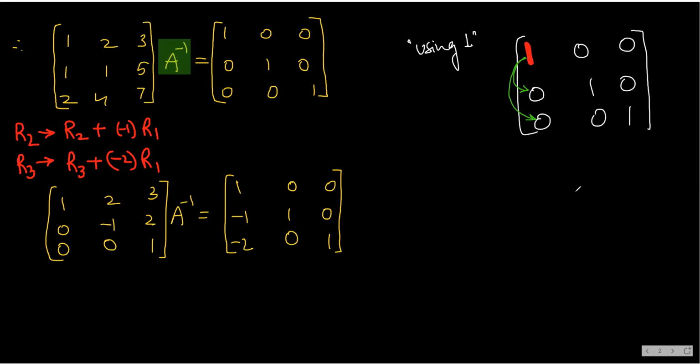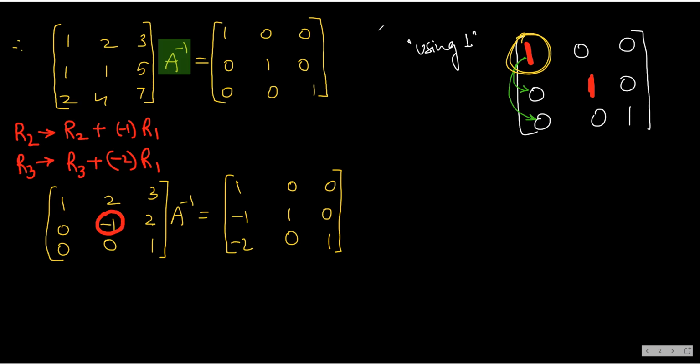This is the first step that we got. Using 1, first you get 1. So fortunately we already had 1, and using 1 we got 0 and 0. This is the first step. Now we are going for the second step. Student, the second step is now we will get 1 here. So check, do we have 1 there? We want 1 here. Do we have 1 here? No. So make it 1.